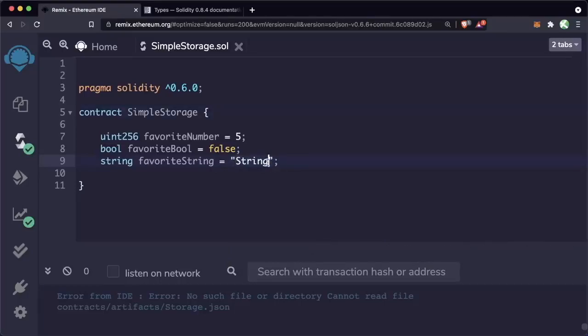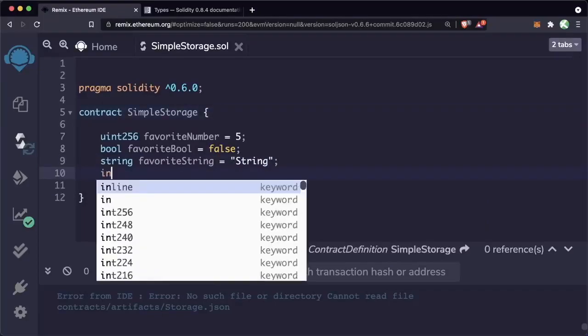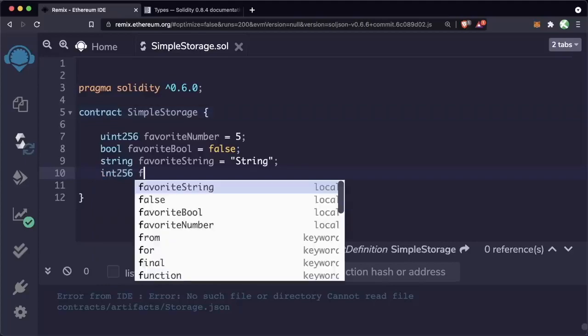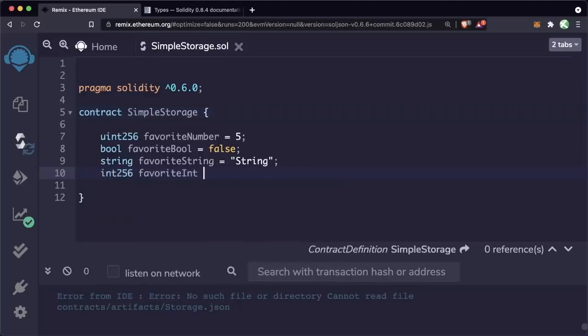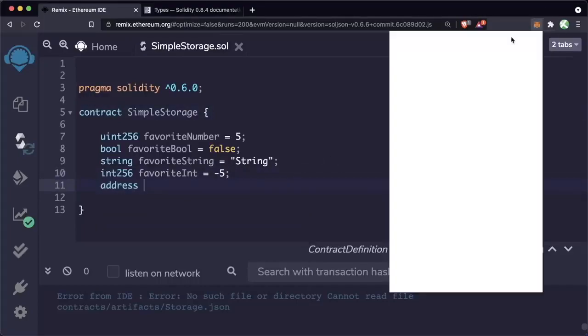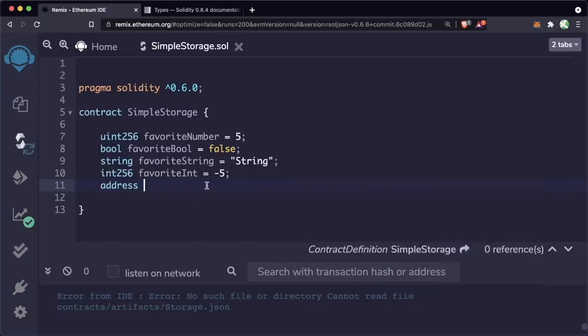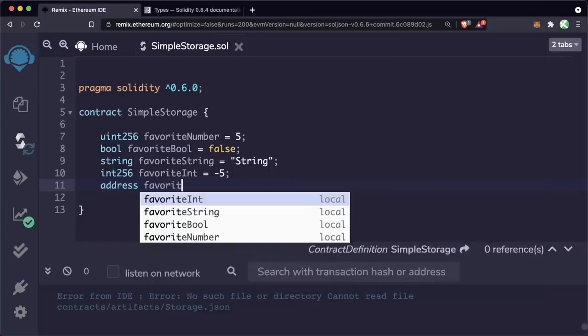It's going to be some word or phrase or really any of these keystrokes here. Similar to the unsigned integer, we can have an int256. Favorite int equals -5. So it could be positive or negative. We can have an address, which is going to be some type of Ethereum address. So we could do address favorite address